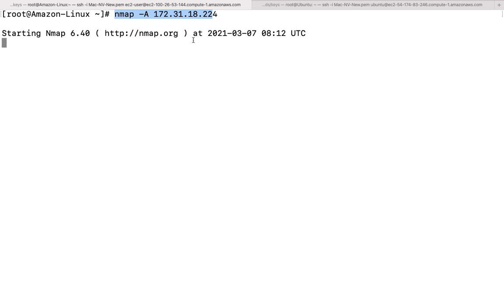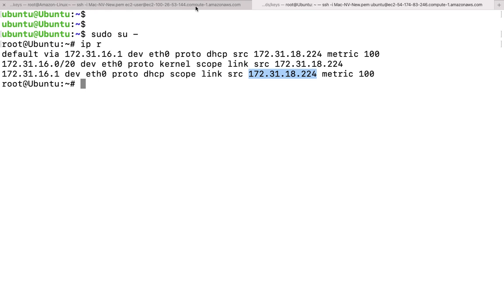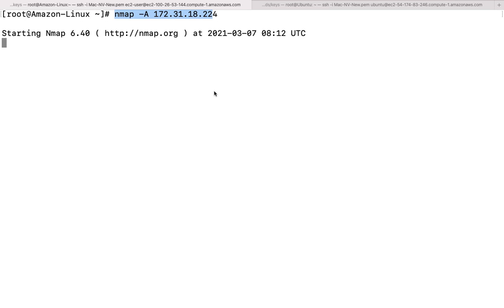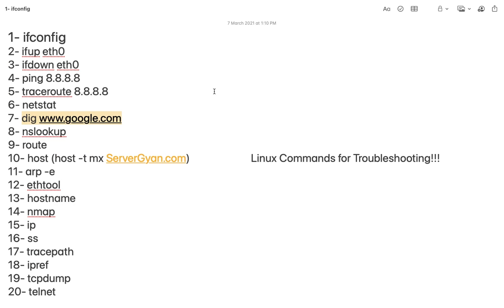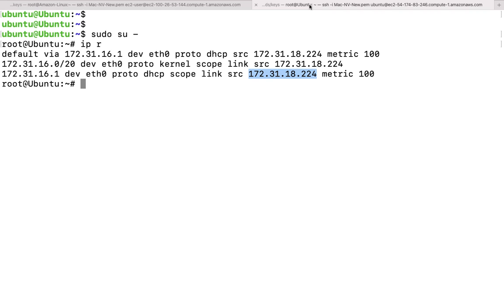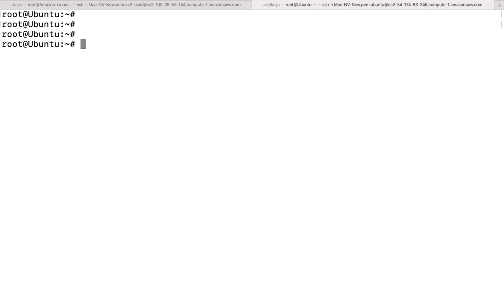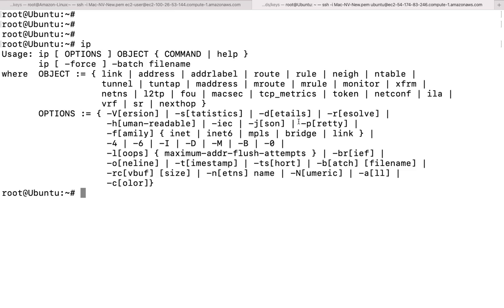This is going to take some time because obviously nmap can take a little more time. We are checking what ports are open from this particular machine to that particular one, right? If the connectivity is available, then definitely we will be able to figure it out. Let it go on. In the meanwhile, we are going to choose the ip command here. We can run the ip command on the Ubuntu operating system as well in the same way. This is going to say that you have not provided proper options here.